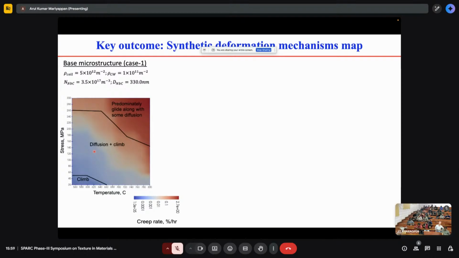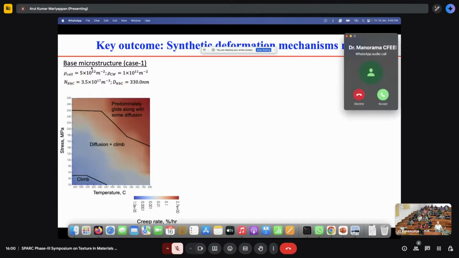Second, what we can do apart from that: very often we may have one material, and to improve the performance, we may do some kind of heat treatment or thermomechanical processing. In this case, I'm taking a heat treatment. For example, I'm starting with a base microstructure which has this cell interior dislocation density and cell wall of something, and then it has the MX type precipitates, and we know the number density and size of the precipitates. For this given microstructure, we are able to,